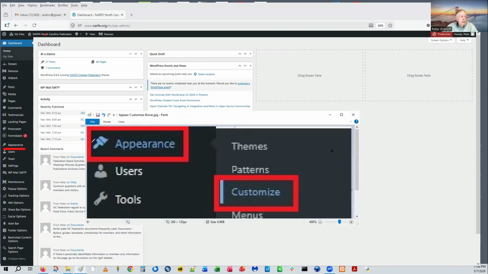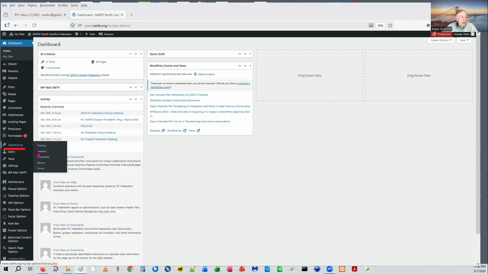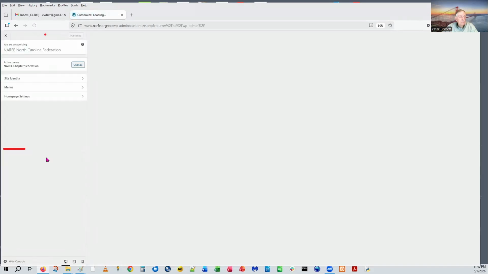What I did was I expanded appearance. When you mouse on over appearance, up come five submenus. The one in the middle is customize, just like you see here. You have customize in the center. What we need to do is click on customize,